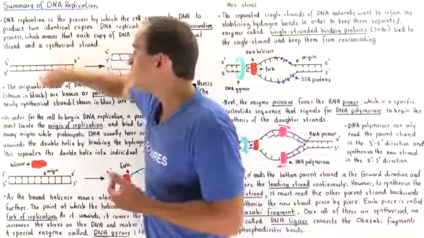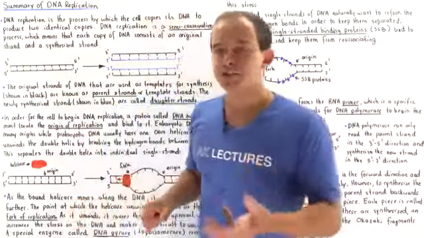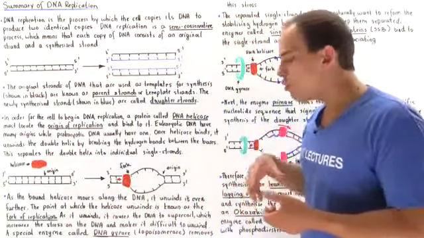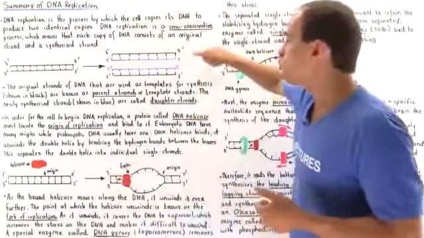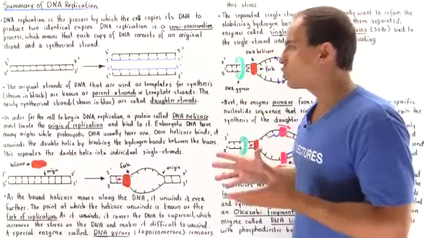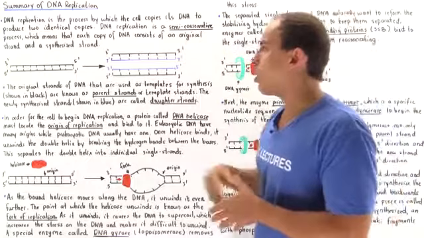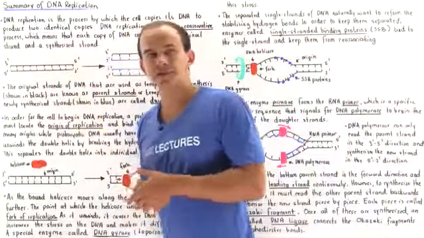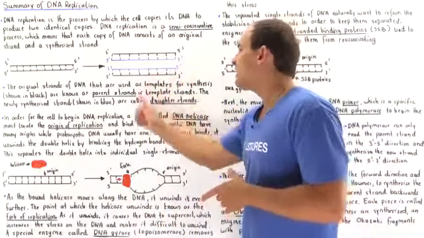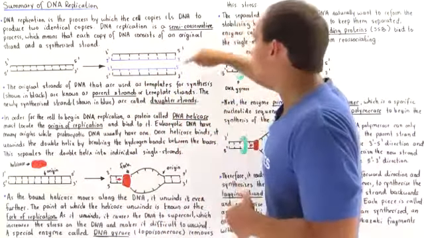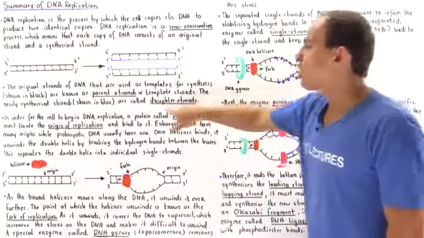And these two individual single strands are held together by hydrogen bonds between the bases. Now, following DNA replication, we basically form two identical copies as shown. Now, notice that these black single strands of DNA are the original strands of DNA, and they are commonly known as parent strands or template strands, while the blue ones are the newly synthesized strands, and they are known as